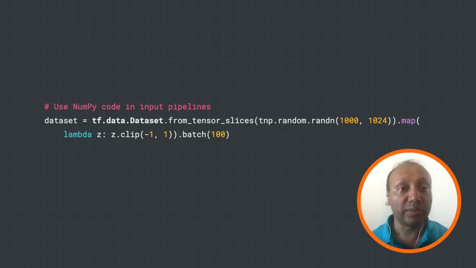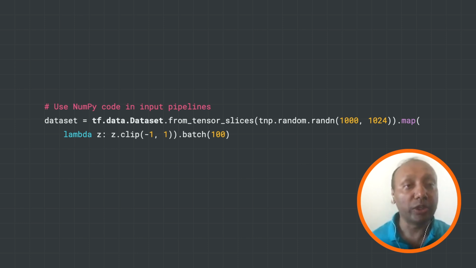In this case, for example, we create random numbers using the NumPy API and then call from_tensor_slices on that. We also, in the map function, use the clip function that we have defined on these ND arrays, and all of that works seamlessly and without data copies all over the place. This is something that users do pretty commonly, where they have input pipelines with NumPy functions, and we believe a lot of these could be converted to TensorFlow NumPy functions and run more efficiently.